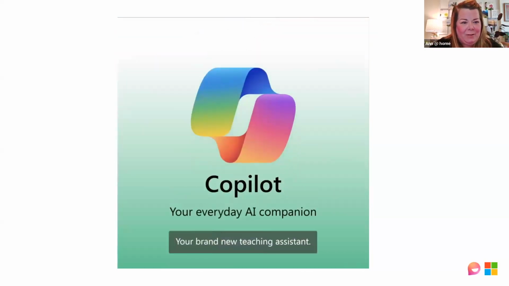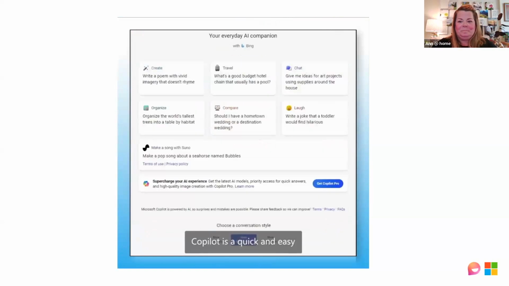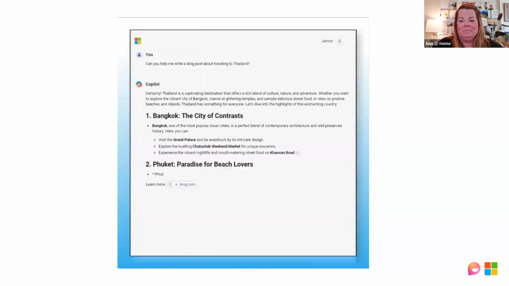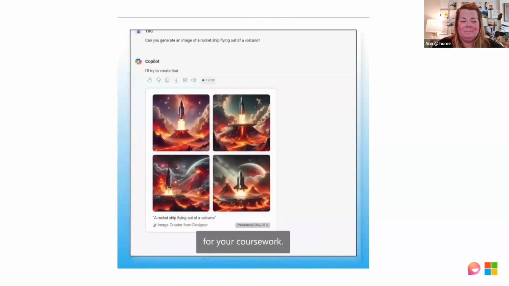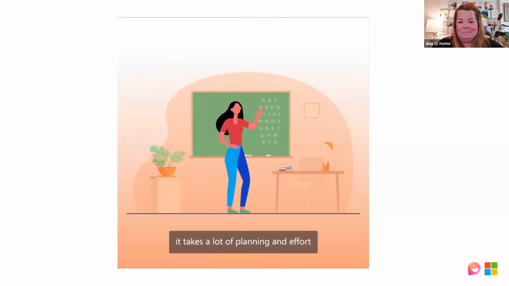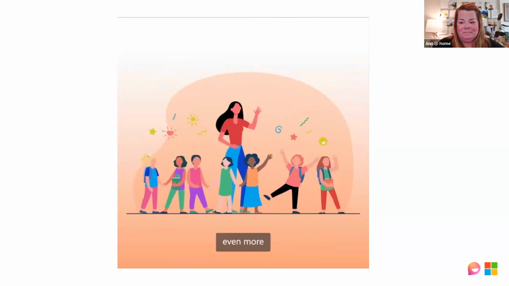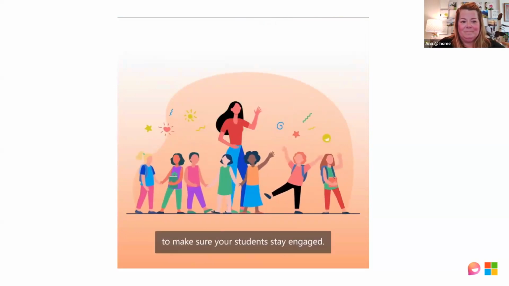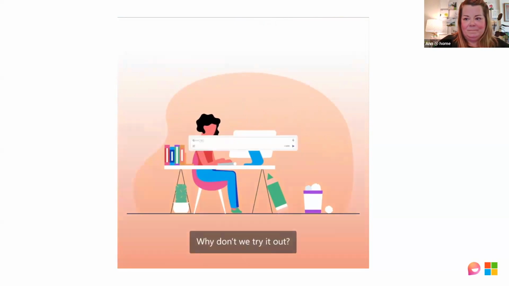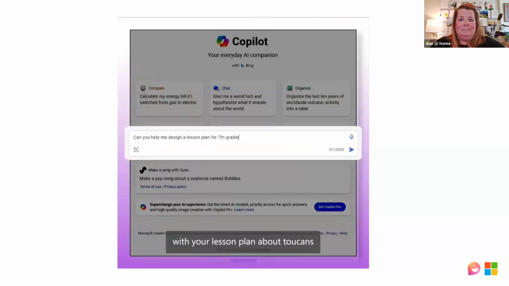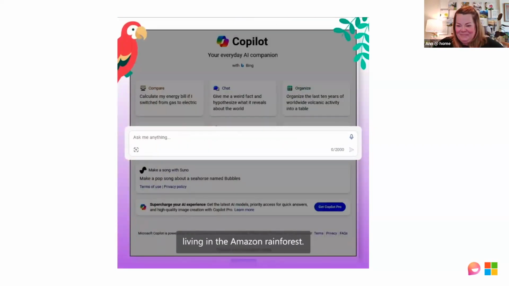Teachers, meet your brand new teaching assistant. Copilot is a quick and easy way to get help writing content, brainstorming lesson plans, or generating eye-catching images for your coursework. As an educator, it takes a lot of planning and effort to bring your ideas to life in the classroom. And it takes even more to make sure your students stay engaged. With Copilot, it's easy to research, write, and create new material that's tailored to fit the needs of your class. Why don't we try it out? Let's say you need help with your lesson plan about toucans living in the Amazon rainforest.